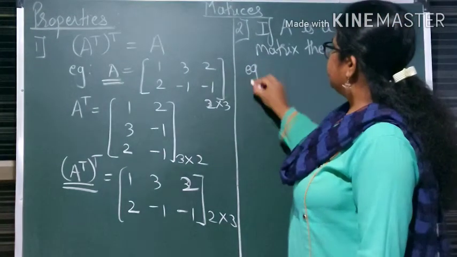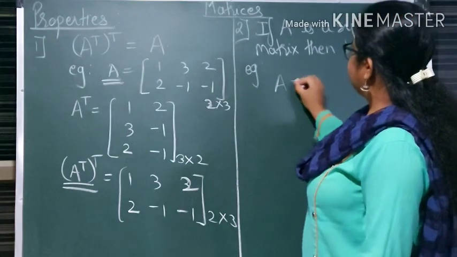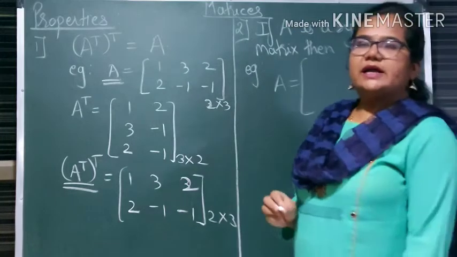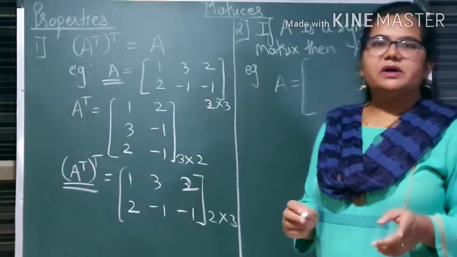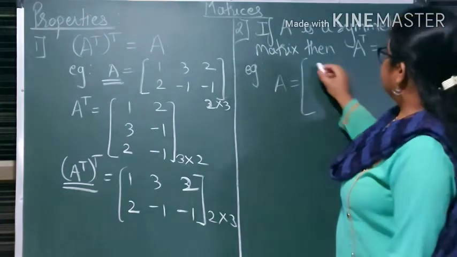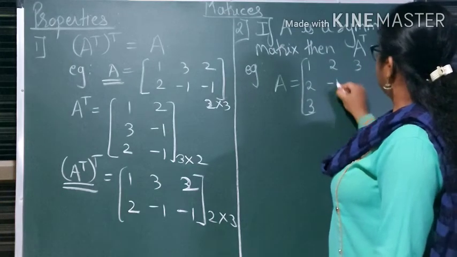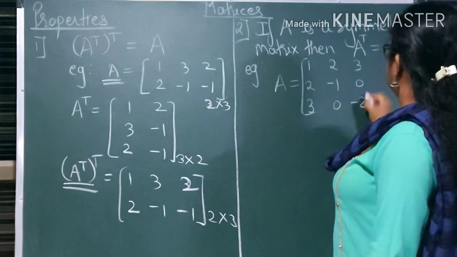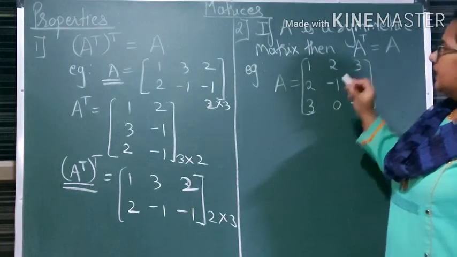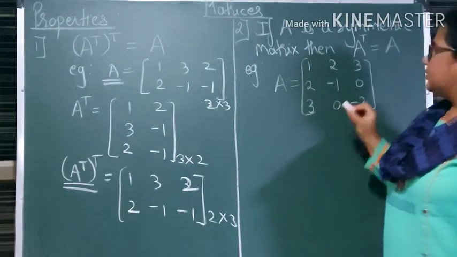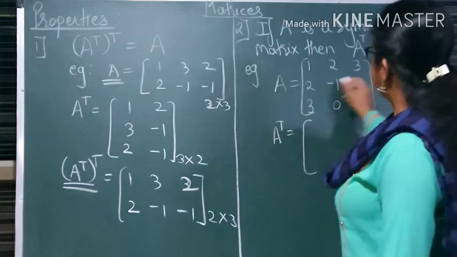We will take one example here. If you have seen the previous video, you have seen what is a symmetric matrix. What is a symmetric matrix? Aij elements are equal to Aji. That is, if you interchange the row and the column number, the elements are equal. So 1, 2, 3. So this will be 2, this will be 3, minus 1, 0, so this will be 0, and minus 2 suppose. See, Aij are equal. A12 will be equal to A21, A13 will be equal to A31, and A23 will be equal to A32.